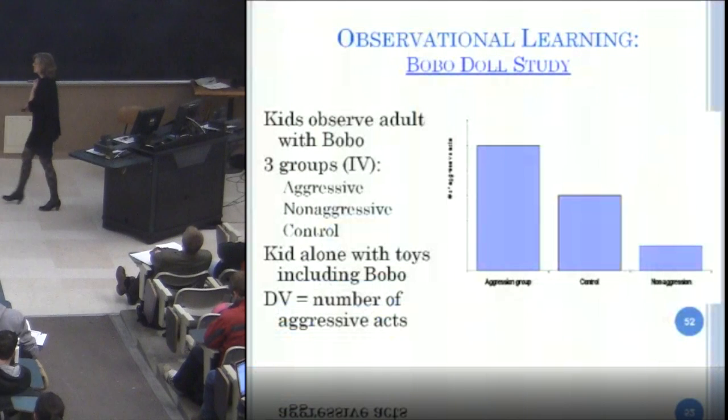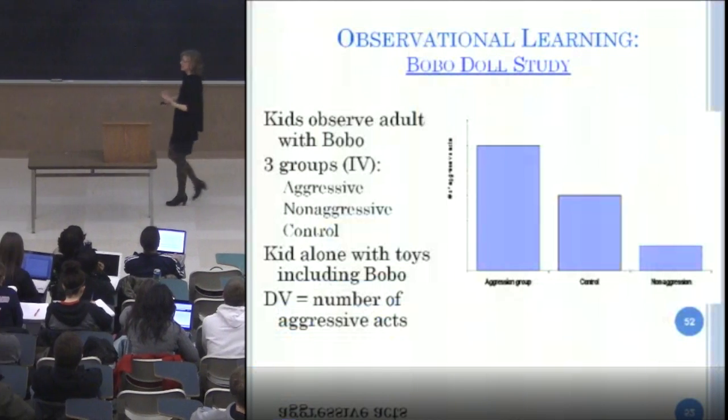So the little girls were just as bad. Okay, so you can see the idea.